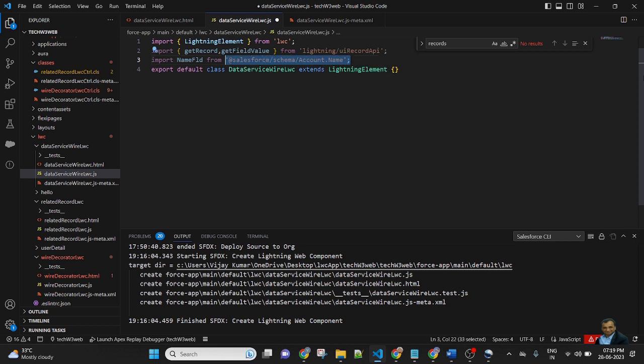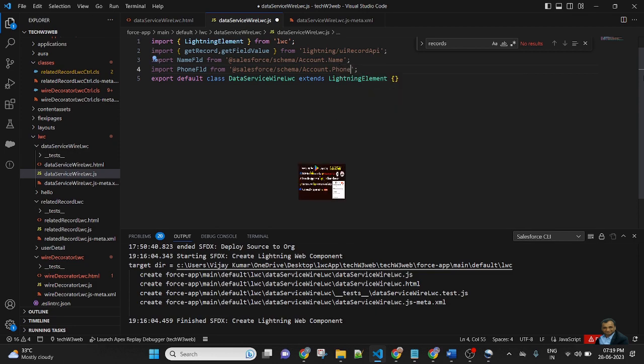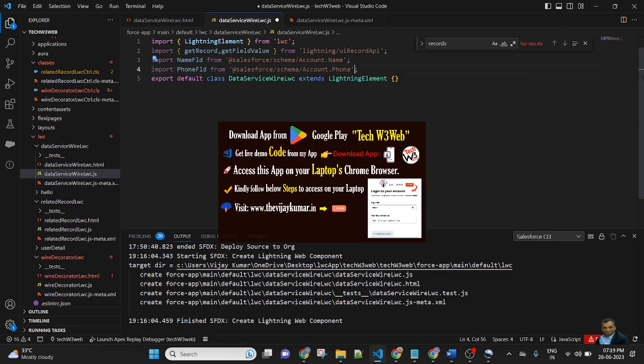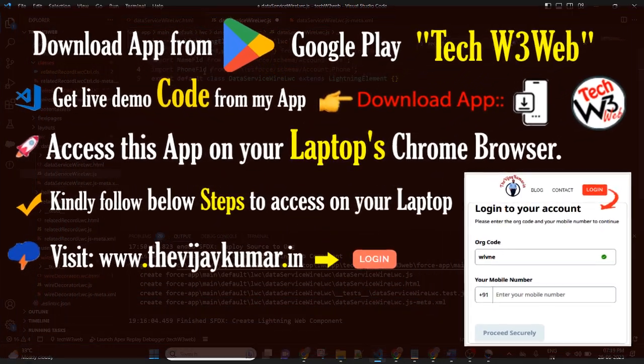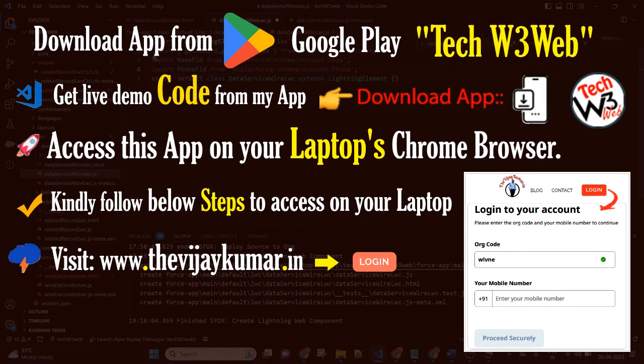So copy this line and import PHONE_FIELD, and here instead of Name write Phone, this one. So first I am importing the module UI record API, then I am importing the two fields, that is name and phone.